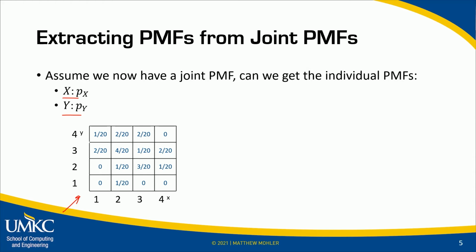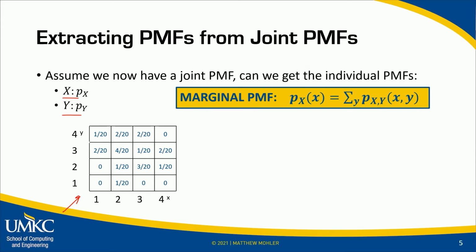So in order to calculate that, we need to introduce this concept of what's called a marginal PMF. A marginal probability mass function, or marginal PMF, is just a PMF over one random variable when it's been extracted from a joint PMF. And it's really just the concept of a PMF that we introduced earlier. So to get this, we would look at the probability mass function, let's say of the random variable x, is just equal to the sum over all possible values of y of the joint PMF